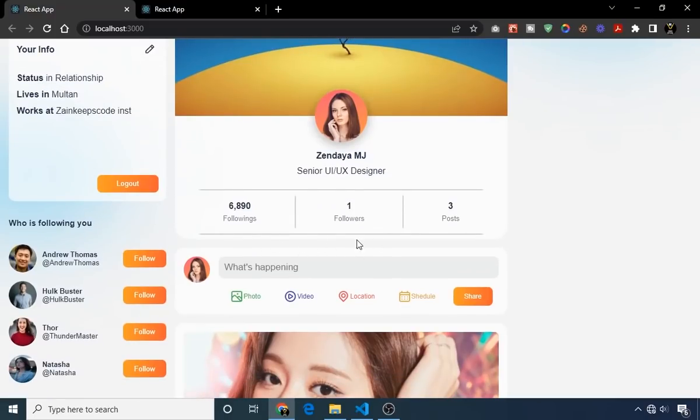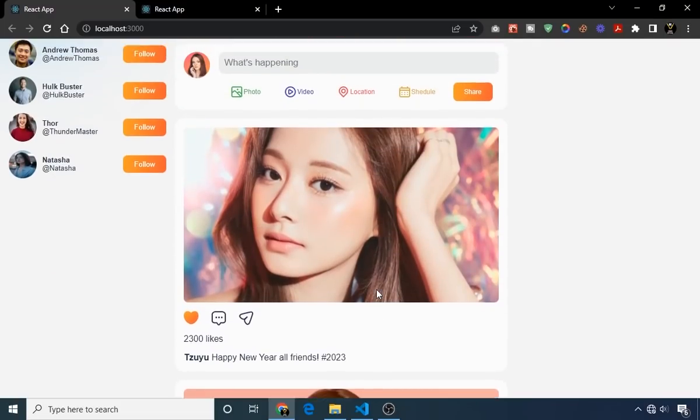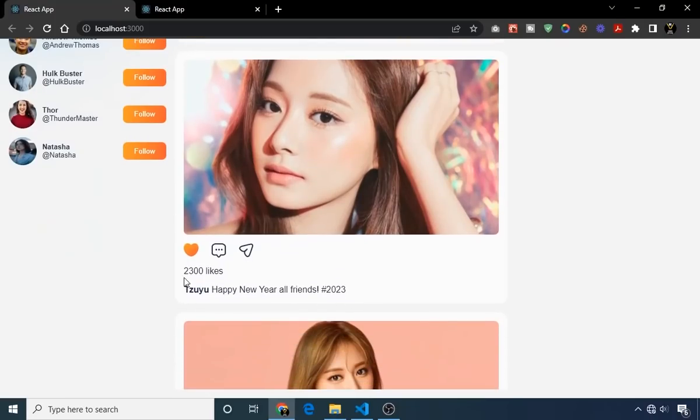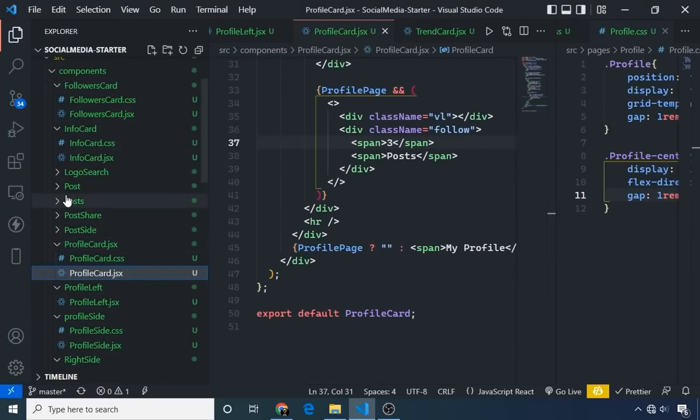Now you can see the span of my profile has gone, and our center side is looking very beautiful now. The one thing I am noticing here, the text number of likes is very bold. I should make it smaller. So what I will do, I will go to the